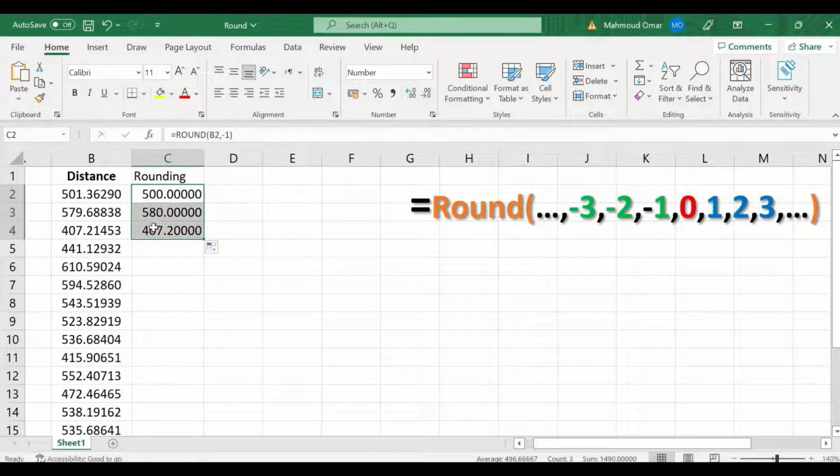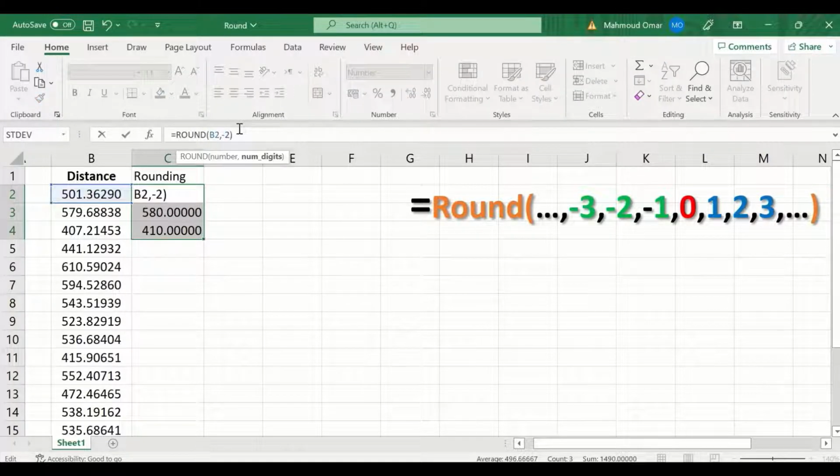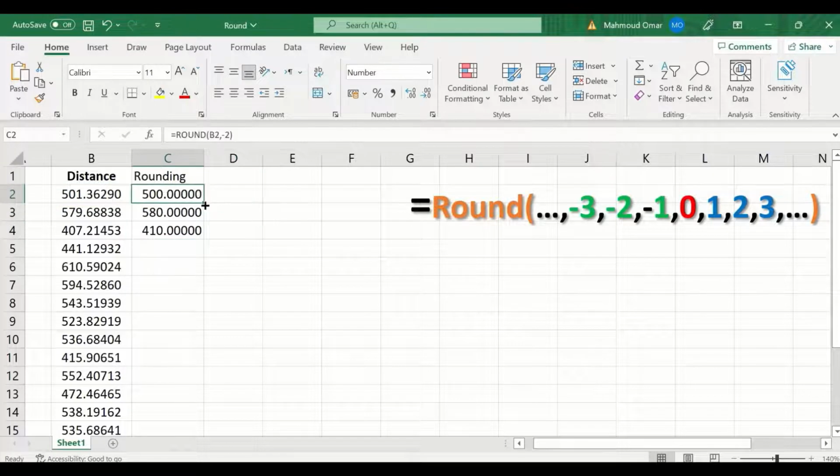The number is rounded down to 500, the second one is rounded up to 580, and the third one is to 410. We could also round to -2, which is 2 decimal places to the left of the decimal, and